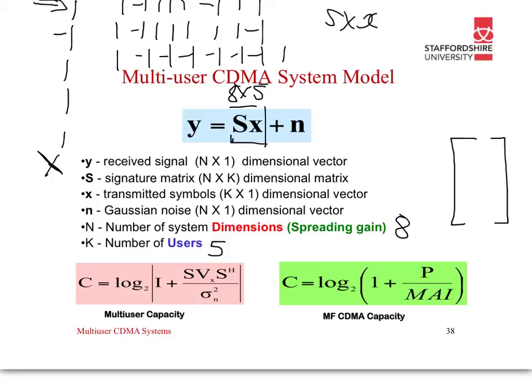If this is 1, 2, 3, 4, 5, I used only five users here, but we've got 1, 2, 3, 4, 5, 6, 7, 8. So in our case, the spreading gain is 8 and the number of users is 5. So S times X is